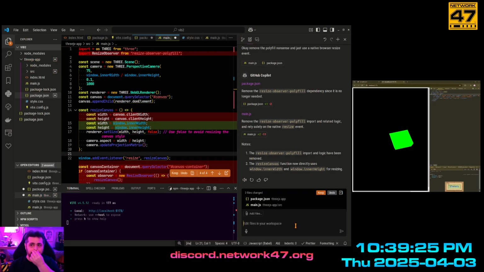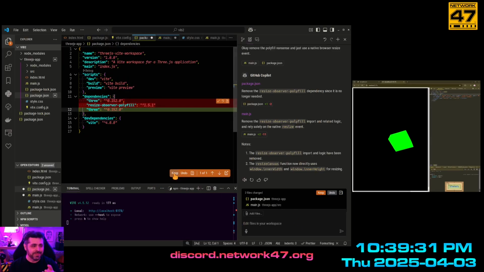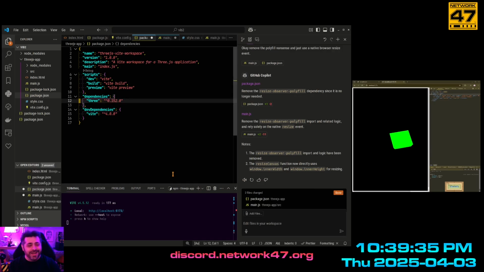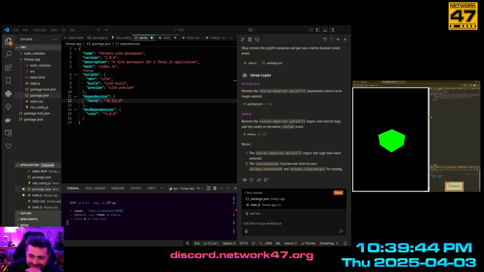Oh, you know what? I don't think I npm installed when it tried to use the polyfill. I think that was something I was supposed to do. I think that's probably why it didn't work. It just dawned on me. Yeah, I didn't npm install it. So it probably worked! I am so sorry, computer. Alright, let's try it again.